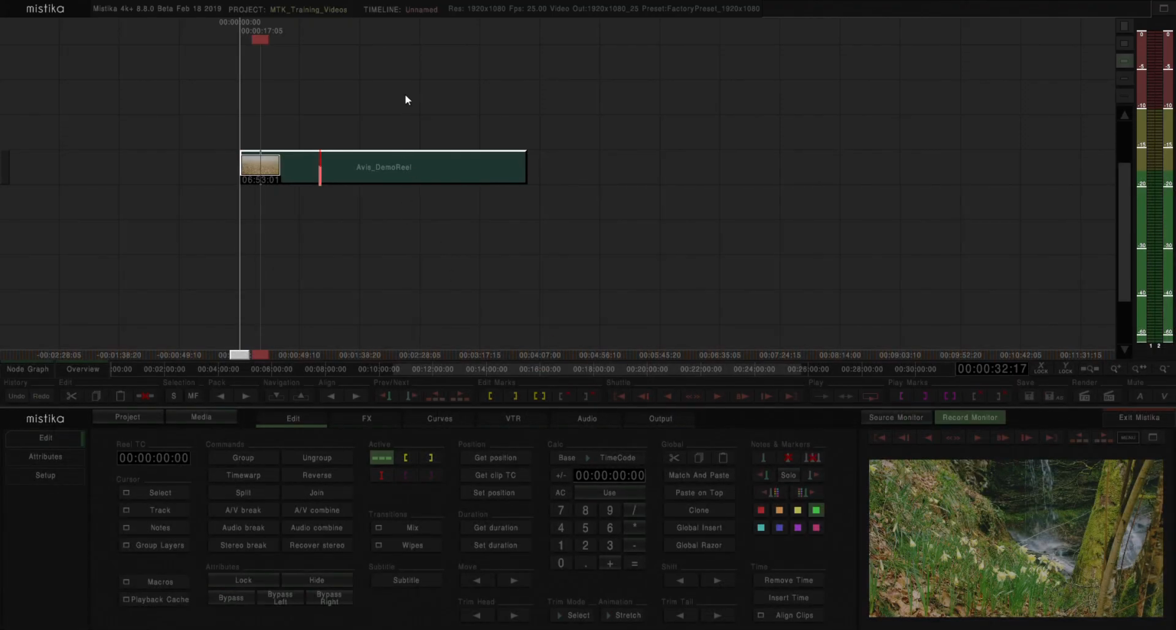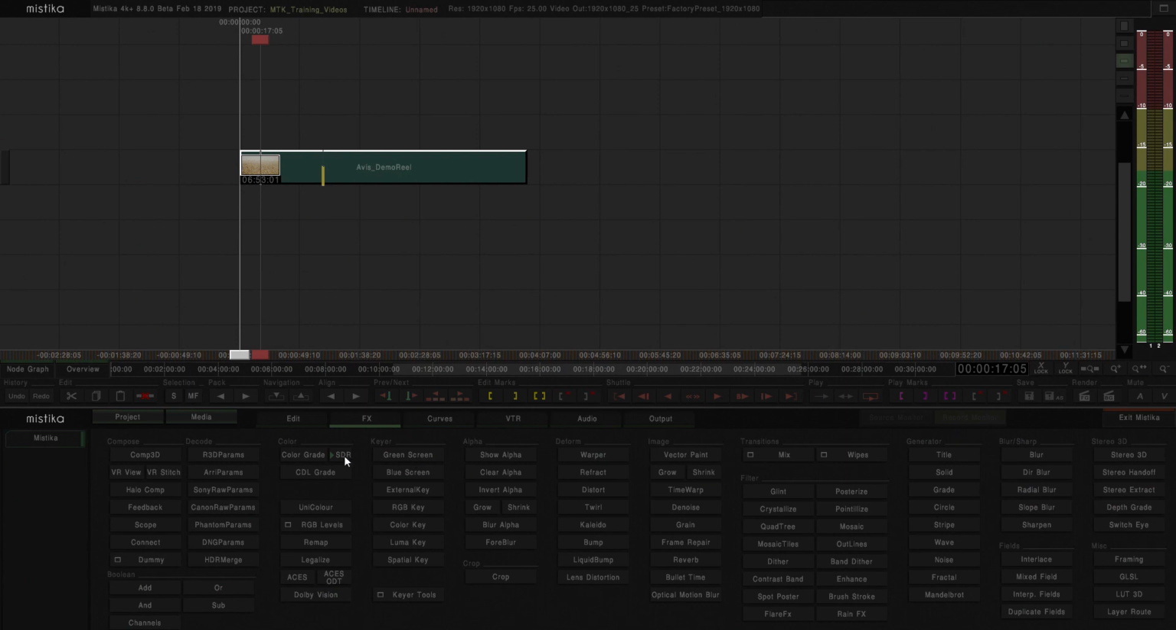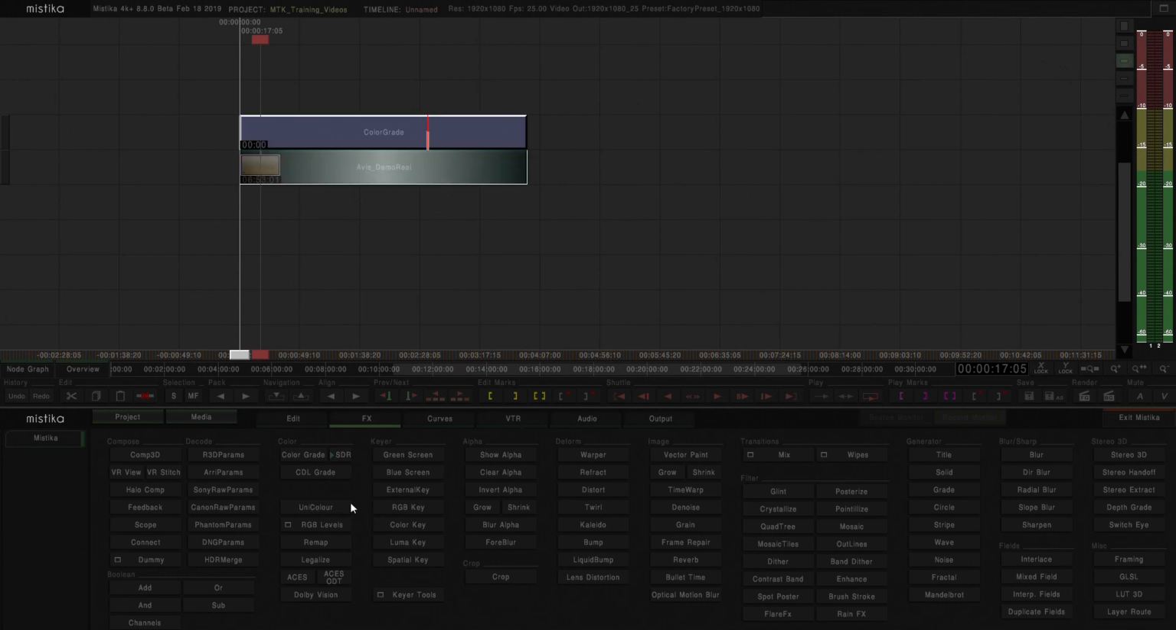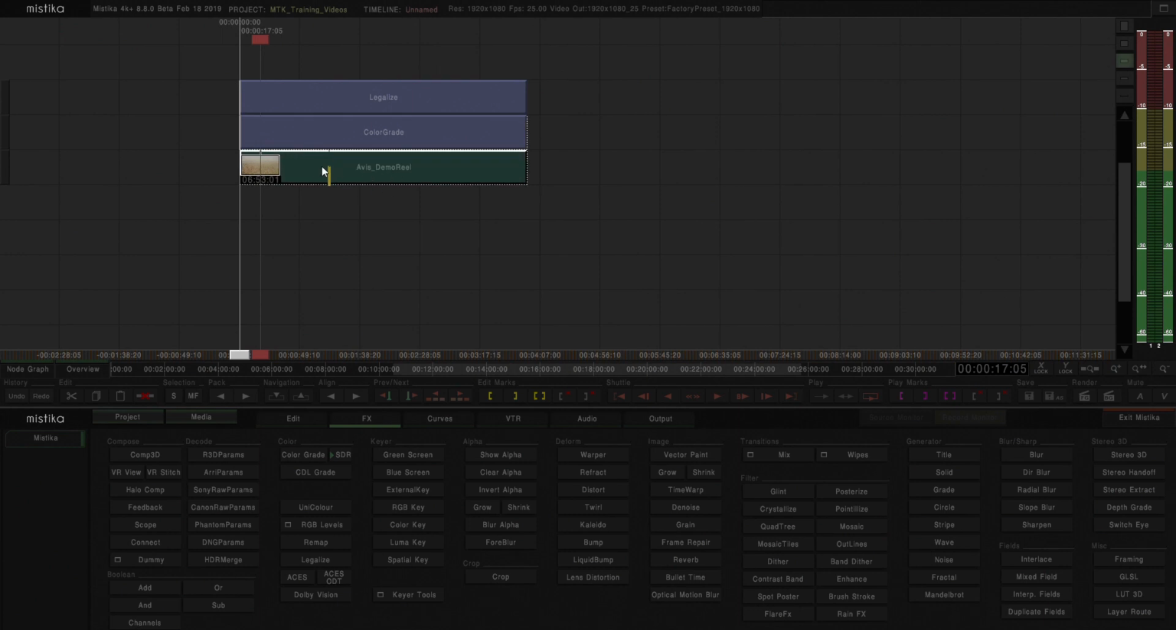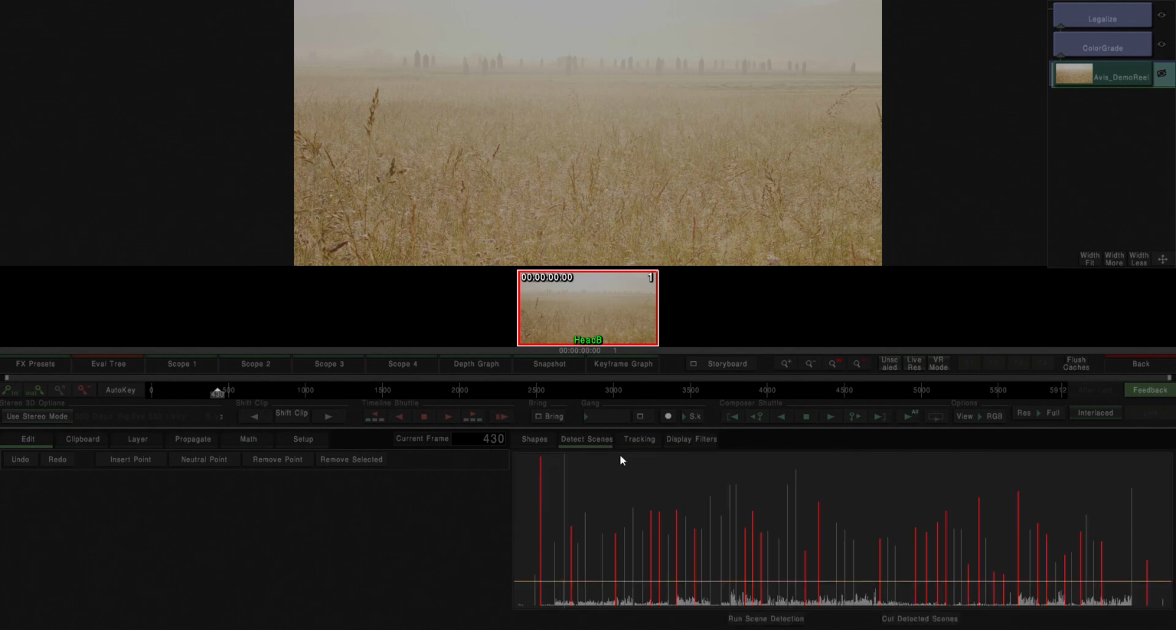But before we do that, I want to prepare my timeline, and for example to this shot maybe already add a color grade effect and maybe add also legalizer, so I'm already preparing for what I'm going to do here. And then once I have this prepared, I can go back to my detect scenes, have all my cuts ready to do, and as soon as I press cut detected scenes,